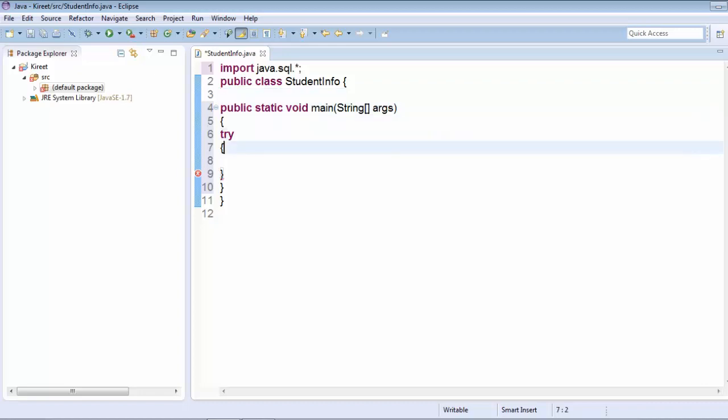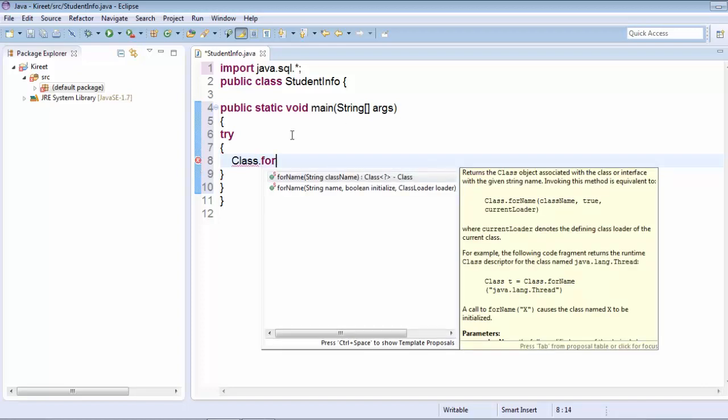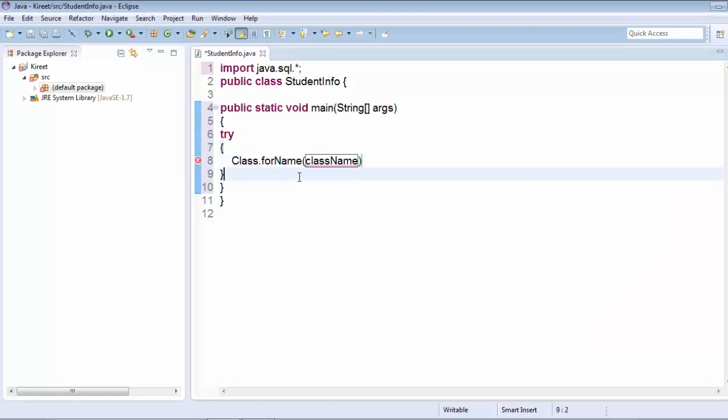The second step is you have to load and register the drivers. It is done with the help of Class.forName, and inside this we have to pass the name of the driver. The name of the driver is com.mysql.jdbc.Driver.